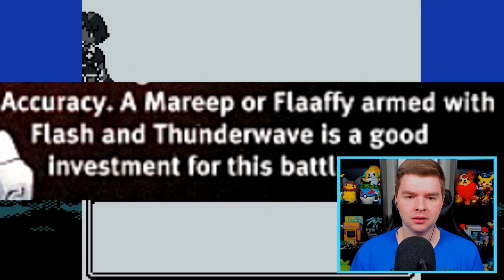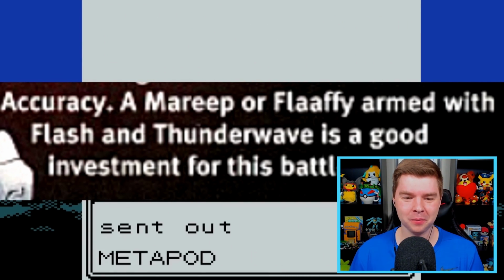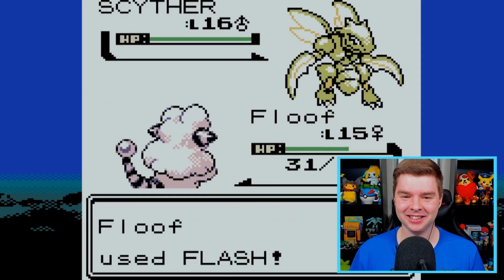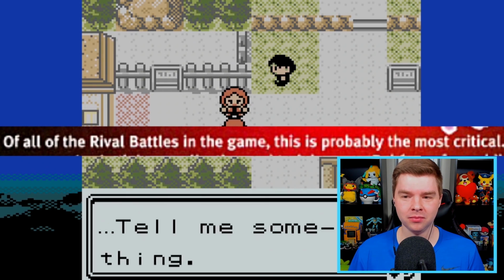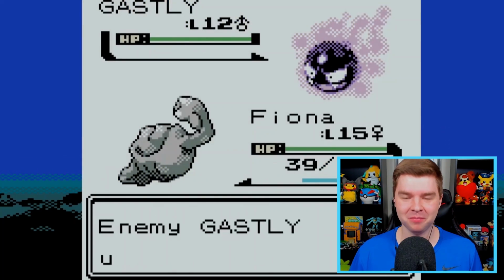The fight with Bugsy goes very smoothly, although I did teach Flash to my Mareep to lower Scyther's accuracy, which the guide suggests if you have trouble with the Scyther. It mainly suggests that you do that if you pick Chikorita, since again, you would struggle against this gym as well if you pick Chikorita. But I flashed the Scyther a few times anyway before laying waste to his intrepid team with my Fire type. Next we have to do another rival battle, which the guide says is one of the most critical rival battles in the whole game. I lead with Fiona against...